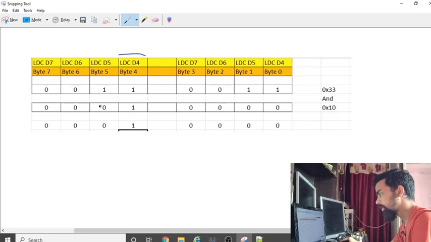Then we move to D5, masking with 0x20, and if the value is 0x20, then we send the 1 signal on the fifth LCD bit. This logic applies to each and every pin, D6 and D7. Once the higher nibble bits are executed and sent to the LCD, we apply the same logic to the lower bits. Again for the lower bits we send D4 first, then D5, D6 and D7, but in that case the masking is 0x01. So we will see the code.